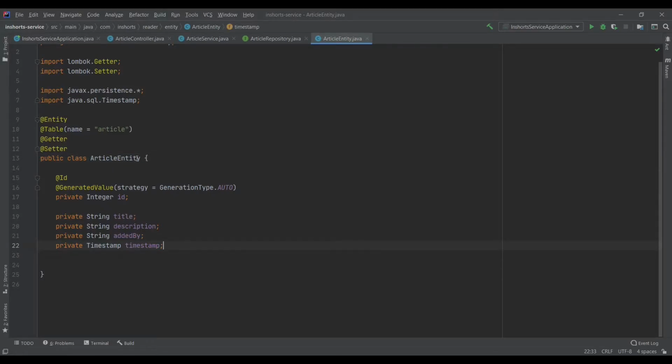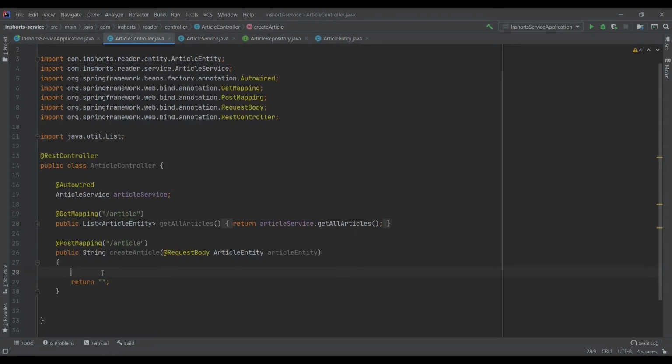Let's say there are 100 fields in our article class or our article table, but why would we need 100 properties in our request body? So we can create, similar to the article entity, an article DTO class, and we could have only 2 to 3 properties which are required for the request body. One thing Spring Boot automatically does is convert our request JSON payload to this article entity object, and that is done by the Jackson library.